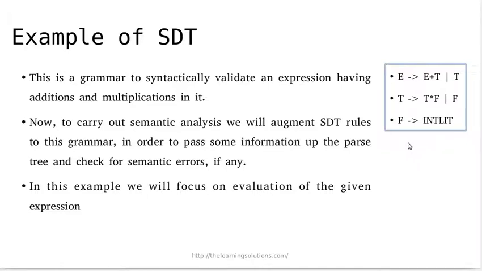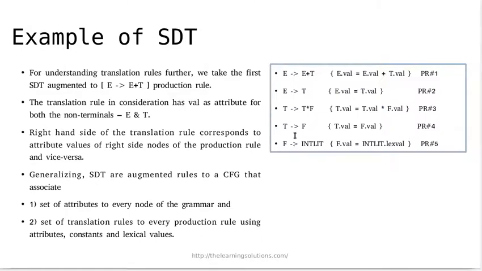These rules can then be checked with respect to the parse tree, and we will see whether it is correctly parsed or not. That means it is following semantic rules or not. So let us see. This is the given grammar. Now we have applied some rules on this grammar. The value attribute is taken into consideration, and each non-terminal is represented by means of its value attribute. Between the parentheses we always specify the semantic rule or semantic action. The same is explained here, in what way we have created these semantic rules.